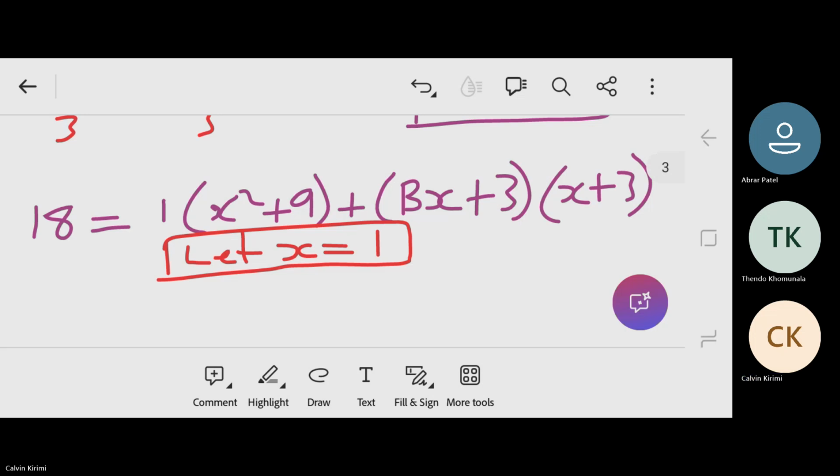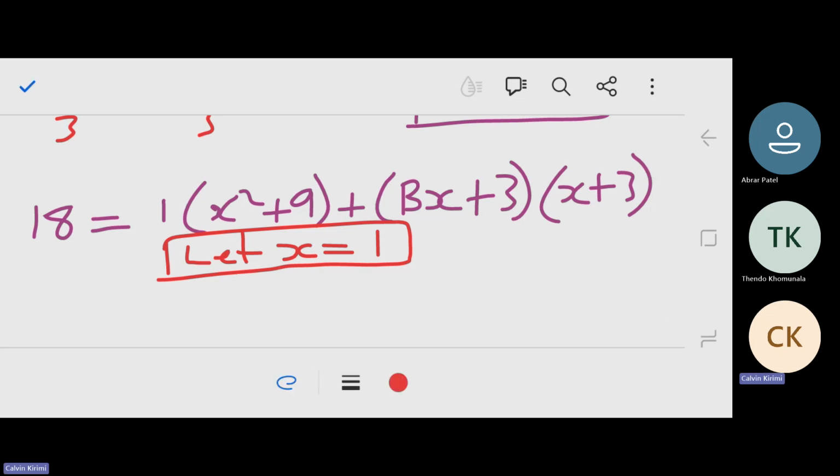Right. So we can see that even in this, we can equate the coefficients. However, let's continue. If we let x equal to 1,